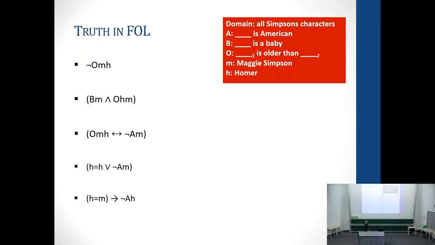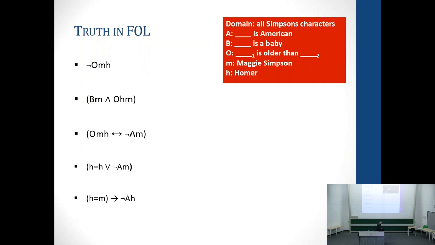So let's think about it, right? Yeah. Cool, why? Talk me through it. Because we have OMH and Maggie and Homer are in the so we can put it in the O, and then negation of truth is